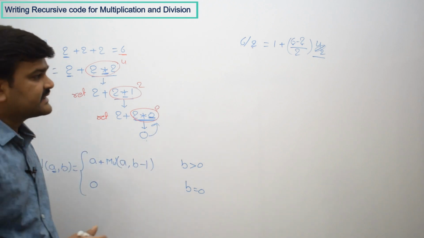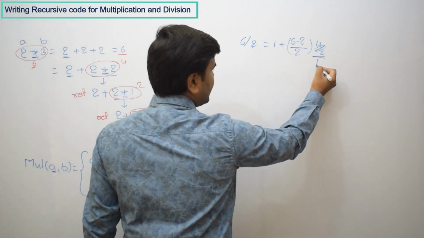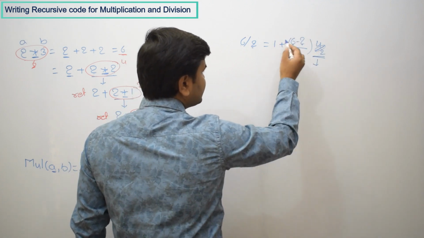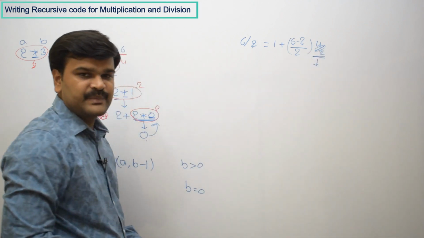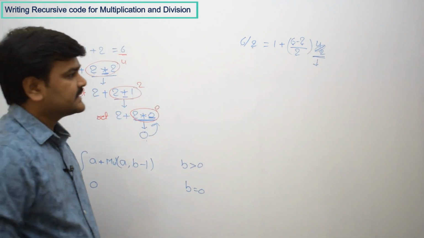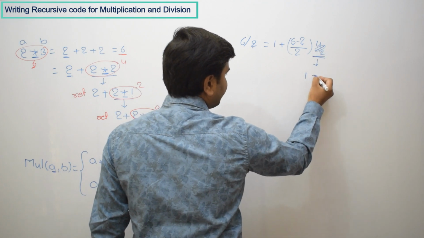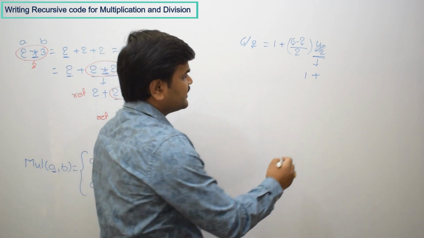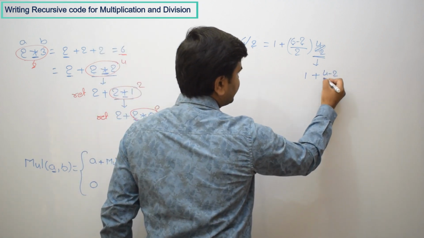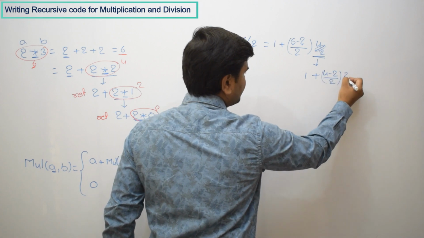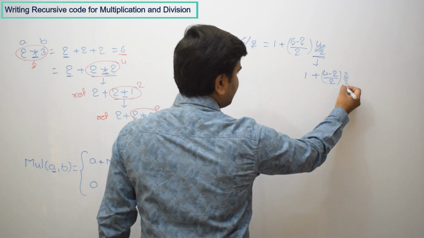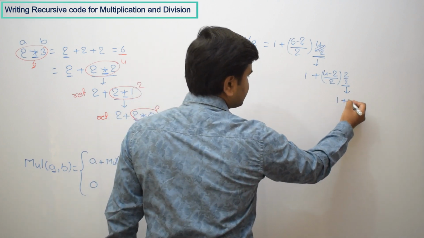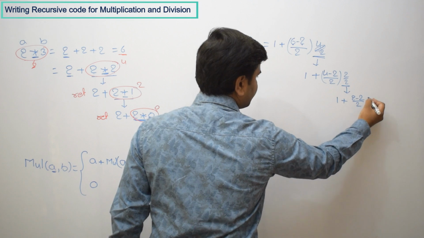So what do we have to do next? This result we have to find out. So what is its result? The same thing we are going to perform. What you did here, same thing you have to do for this also, but with different parameters. Even here also one time we are able to remove the denominator from the numerator successfully. So again 4 minus 2 by 2. So this will become 2 by 2. Again this value you have to find out, right? So 2 by 2, if you find, so 1 plus 2 minus 2 by 2, that means 0 by 2